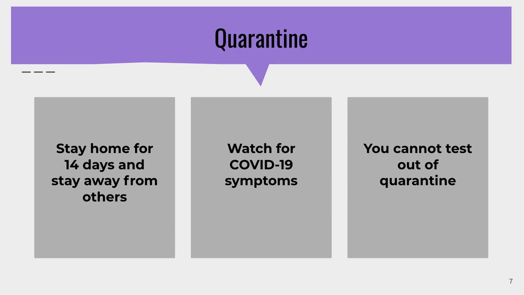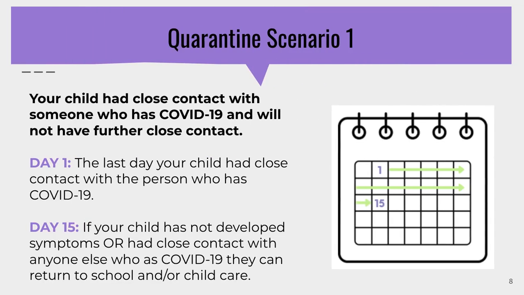Next, we're going to discuss a few different quarantine scenarios. As we discussed above, if a member of your household has COVID-19, one of the most important things the rest of the household members can do is limit their contact to the sick household member. This is because the 14-day quarantine period depends on the last day of contact with the sick household member.